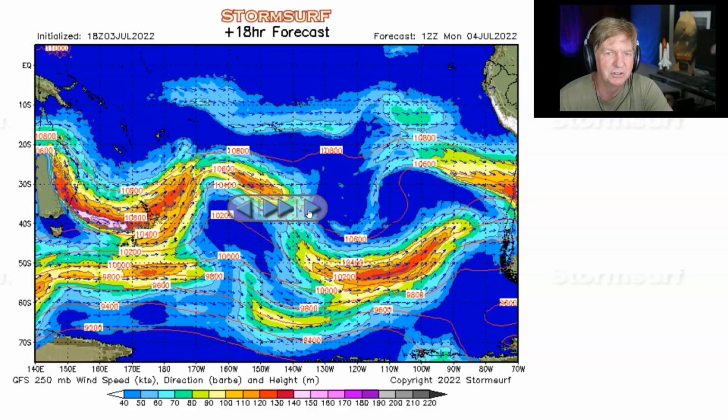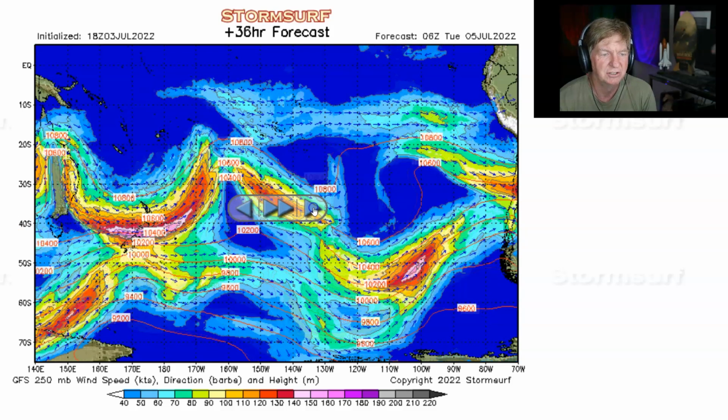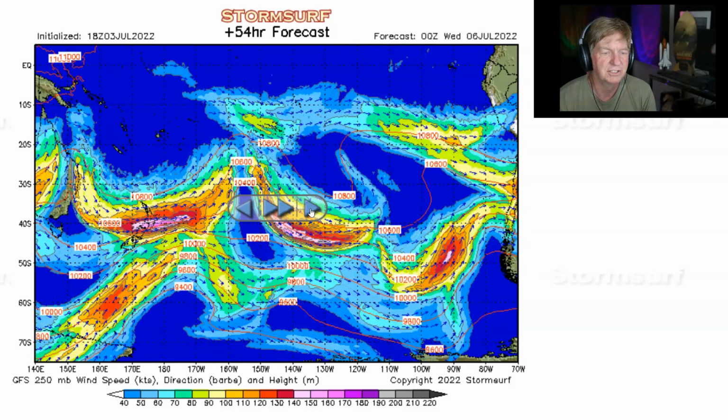Now, as we get into Monday, you'd see that the northern branch and the southern branch are joining at this spot. New Zealand's right under there. That's creating some energy, and that's probably what's helping to fuel gale development in that location. And you see the beginnings of a trough starting to form well south of Tasmania, and that is supposed to build, and there we go as we get into Monday night and Tuesday, and that's a legitimate trough right there with winds at 140 knots pushing up into it, supportive of gale development,